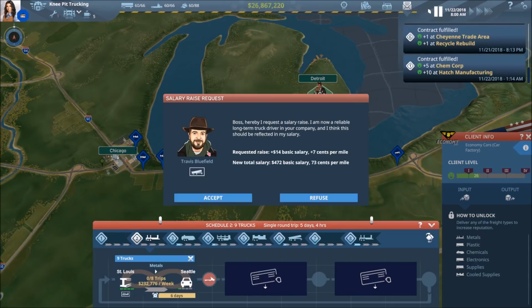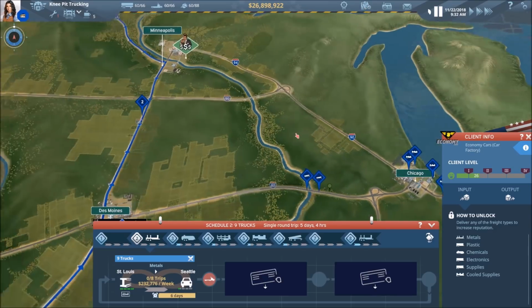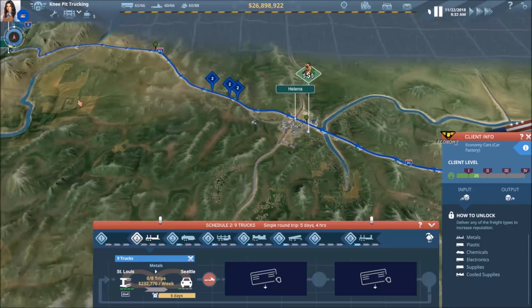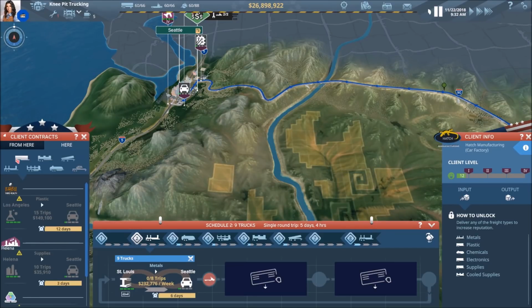Okay, contract fulfilled on schedule 1. All right, hold on. Where are we on this? So we got 12 over here in Seattle now. Excellent. All right, so we're back over to Seattle. And I wish I could scroll better. Okay, looking for more dry trailer